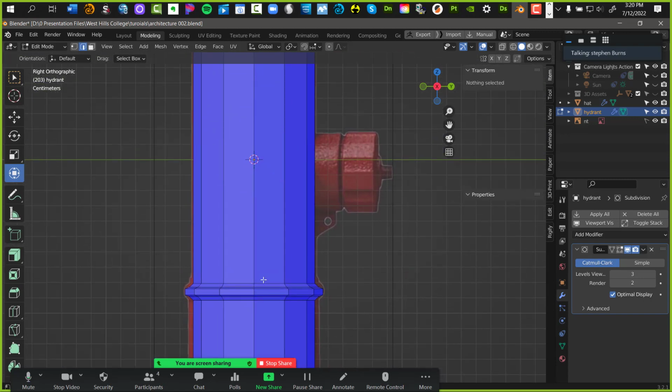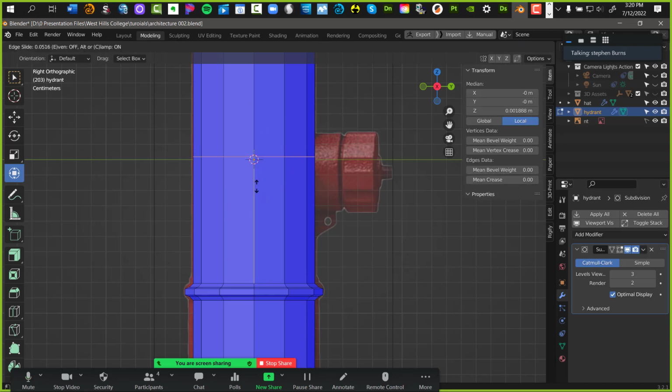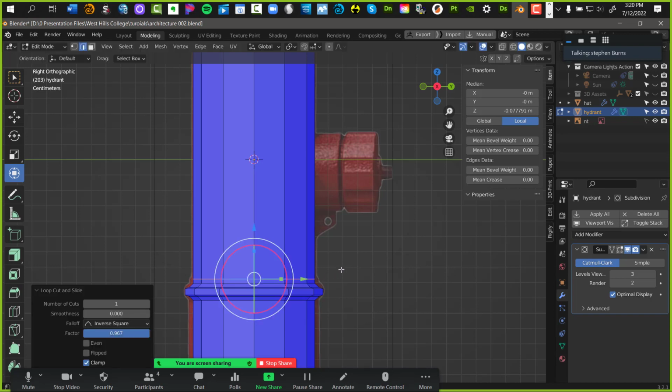I'm going to undo that last loop cut that I did. Now, Control R, there's the loop cut. Click and hold and drag it down. And what this edge is going to do is pretty much hold this shape all the way to the end, like that.